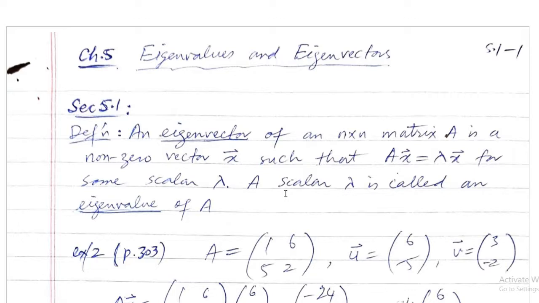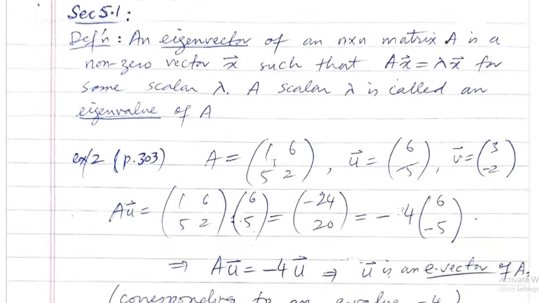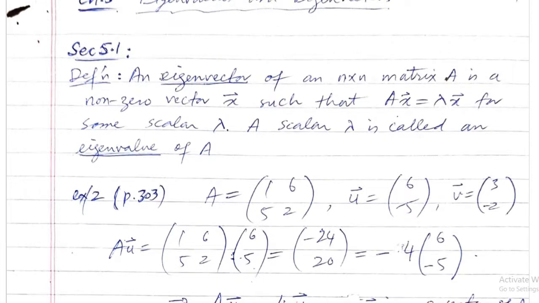Our today's topic is eigenvalues and eigenvectors. This stuff is given in chapter 5 of the book. I'm not going through all the chapter, just the important things. So only these notes will suffice for this topic. So what do we mean by eigenvalues and eigenvectors?